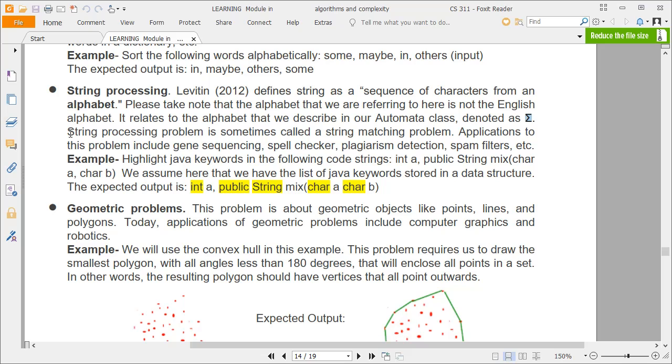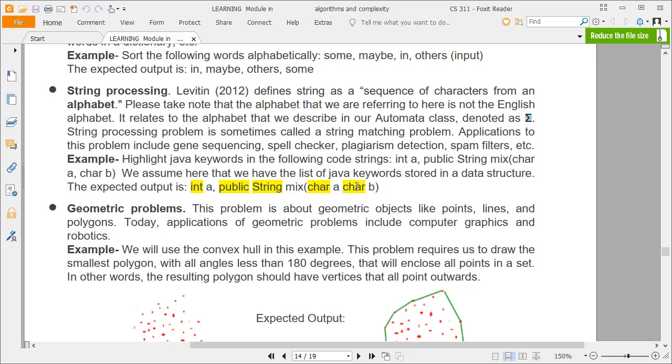So, we process the strings and look for Java keywords. So, the expected output for this example is int, it is highlighted, then public, string are also highlighted, and car,